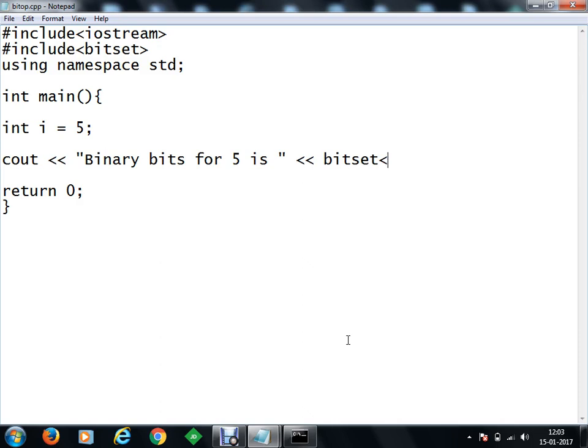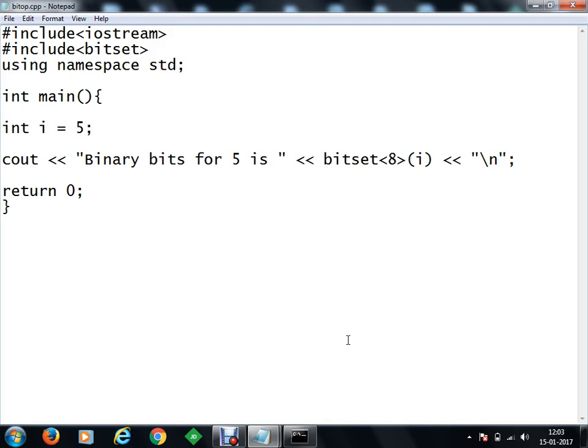Okay, using this bitset, you have to provide the number of bits in which you want to convert an integer value into. Okay, let's say your 5, you can convert it into 8 bits, 16 bits, 32 bits, 7 bits, 5 bits, any number of bits. Okay, in general, let's say we are taking 8 bits for example. So we are converting this integer value I into 8 bits at the moment, and within that we are going to append a new line character as well.